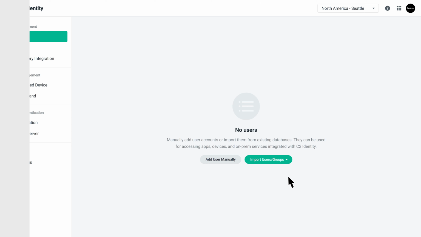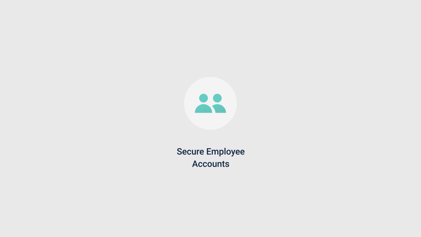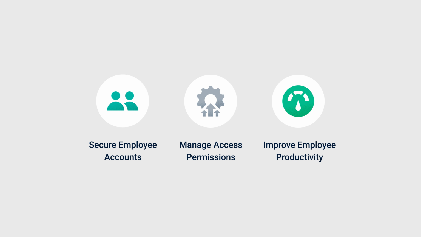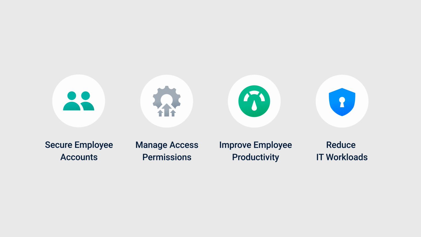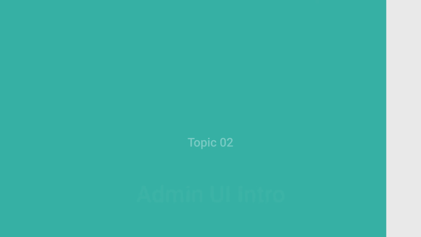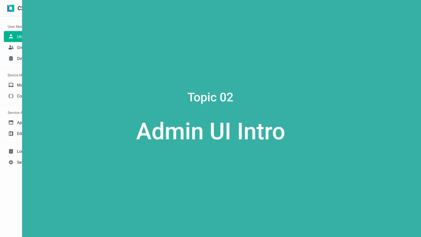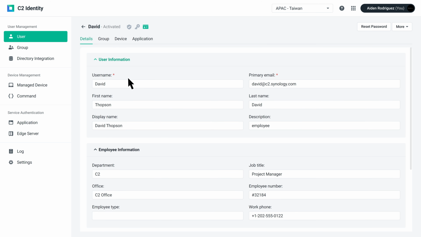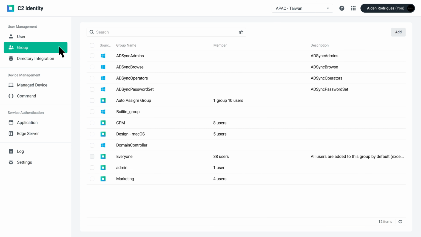After registration, you can use C2 Identity to secure employee accounts, manage access permissions, improve employee productivity, and reduce IT workloads. C2 Identity allows organizations to provide members with a single set of credentials for accessing different company resources, consolidating management to one platform. You'll have full control to manage users and groups, allowing you to provision users and control access